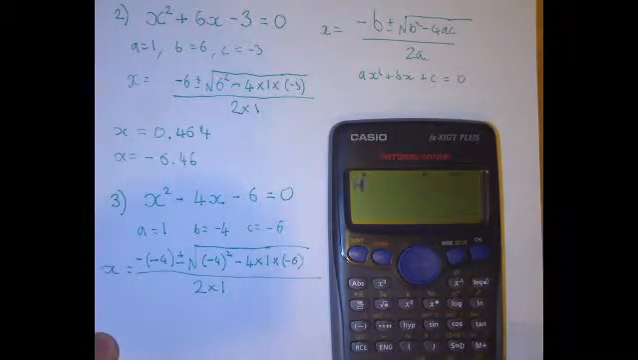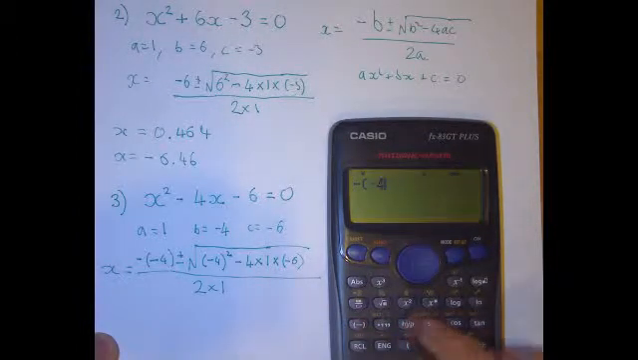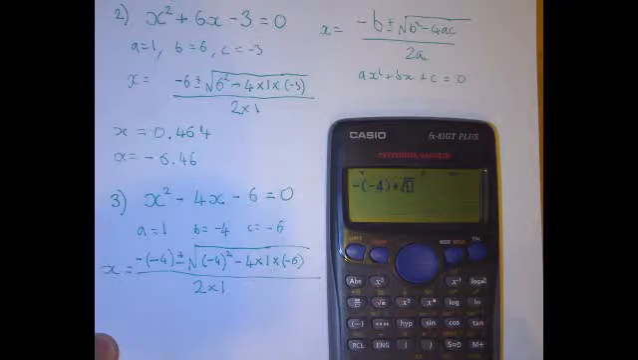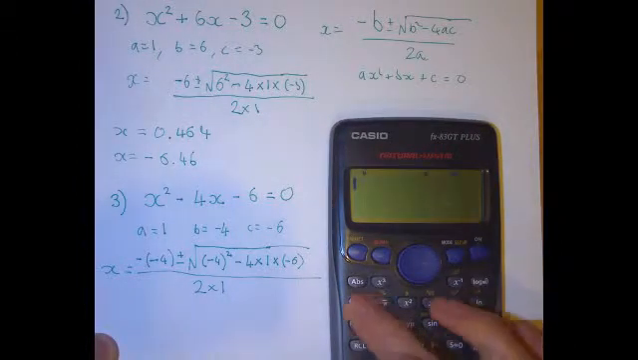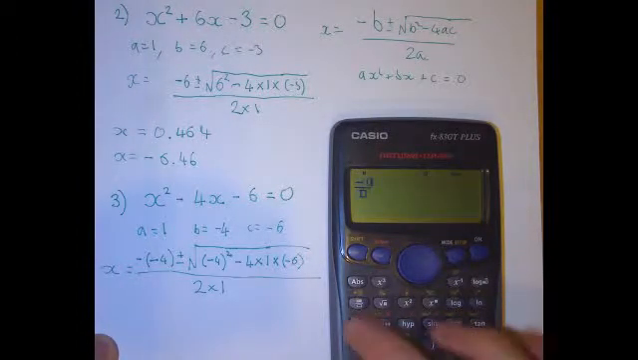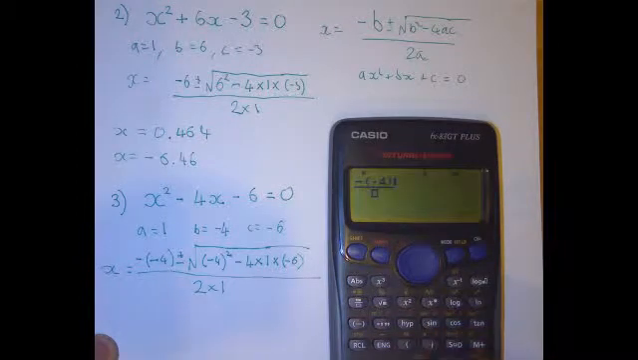So it is minus bracket negative 4, plus, going for the plus solution first, the square root of, now I've just started and I've already forgotten, hopefully you've noticed too, I forgot to do a fraction button. Let's try again. Minus negative 4 plus the square root of